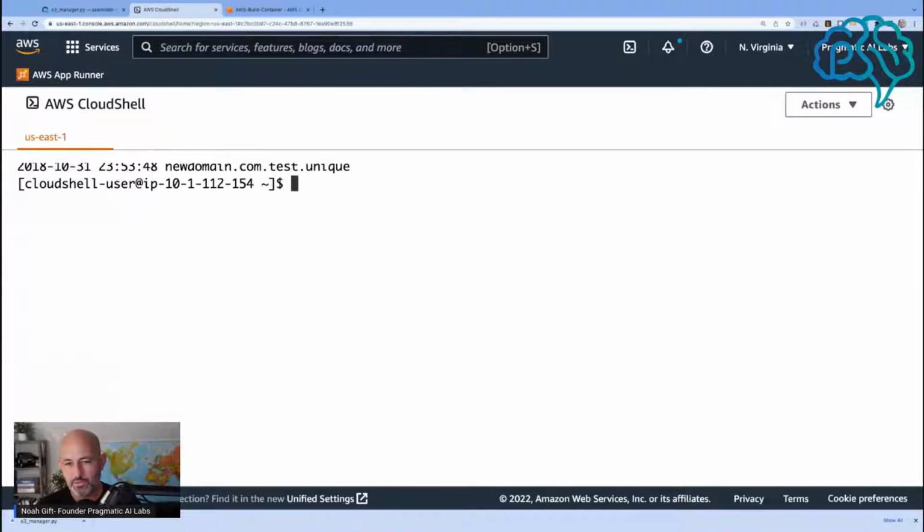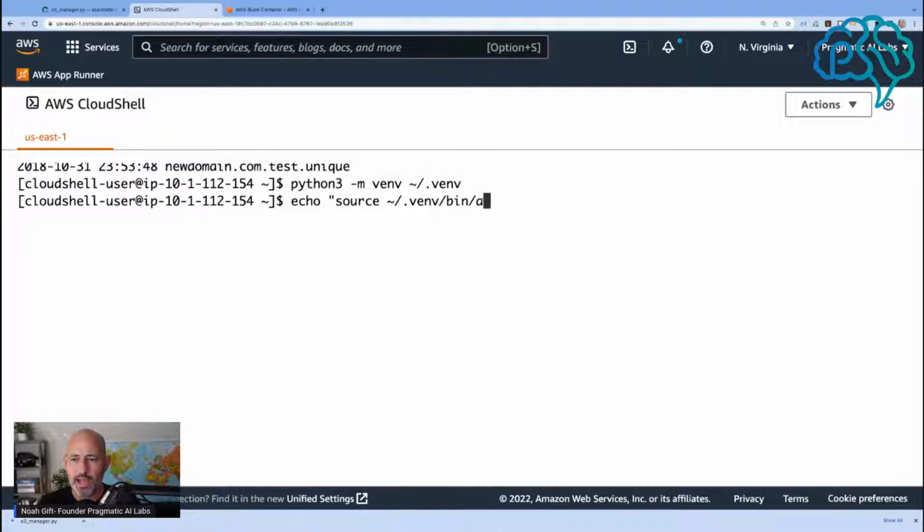One of the ways that you could do that is by creating a Python virtual environment, sourcing it, and then adding it to your .bashrc. Let's go ahead and do that. So if I go ahead and say python3 -m venv, does this work? Let's go ahead and create one. It looks like it does. And now what I could do is I could just add this to my .bashrc. So if I say echo source ~/.venv/bin/activate, and we just do this,